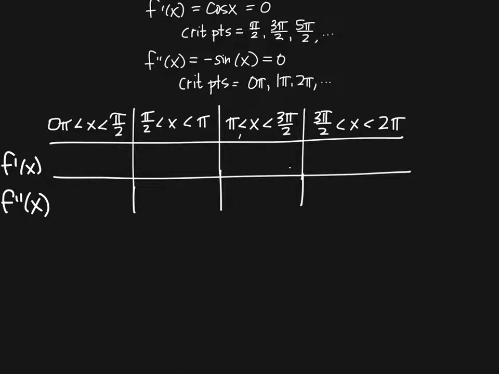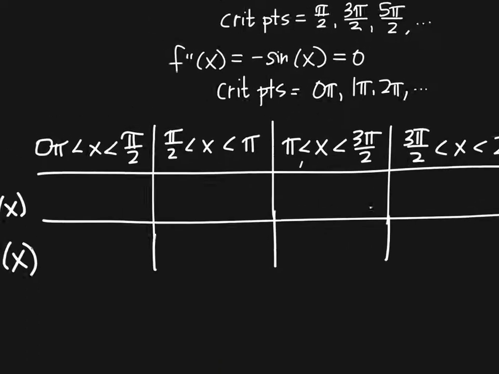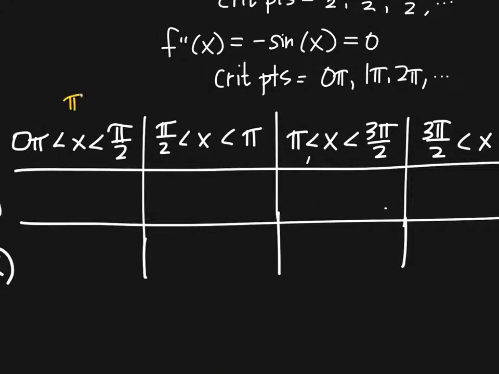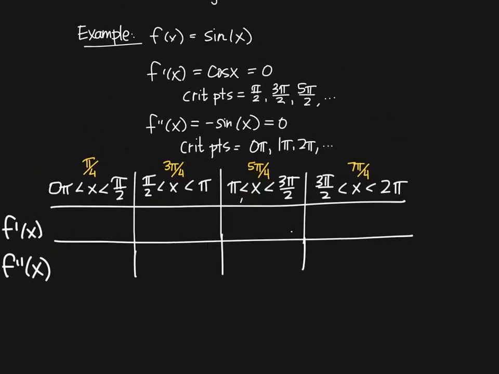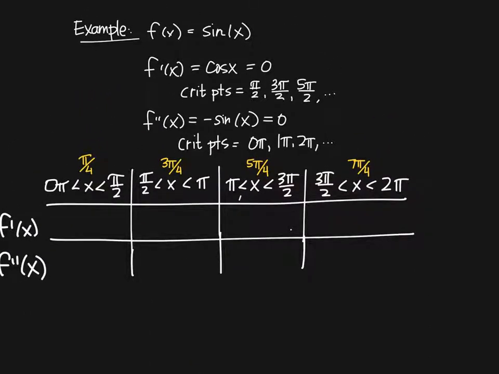So I will be picking values in between those intervals. I'll probably pick the fourths because those are, excuse me, those are convenient values. So I probably will pick pi fourths for this one and 3 pi fourths, 5, and 7. And I will be checking both the first and the second derivative values at the same time. So let's check pi fourths, and let's check it in the first derivative, and let's check it in the second derivative. Right, when I check pi fourths in the first derivative and I plug in cosine of pi fourths,